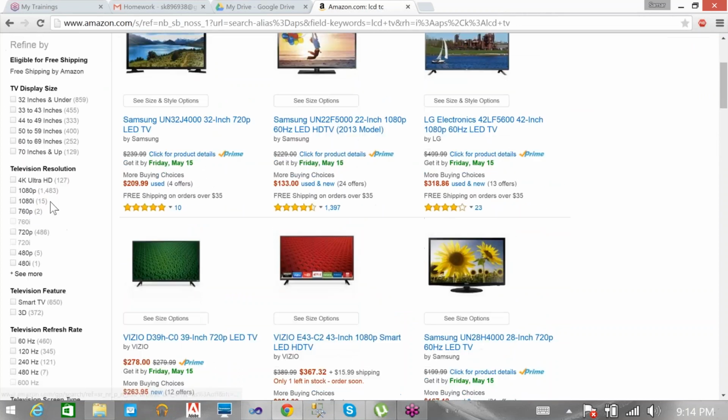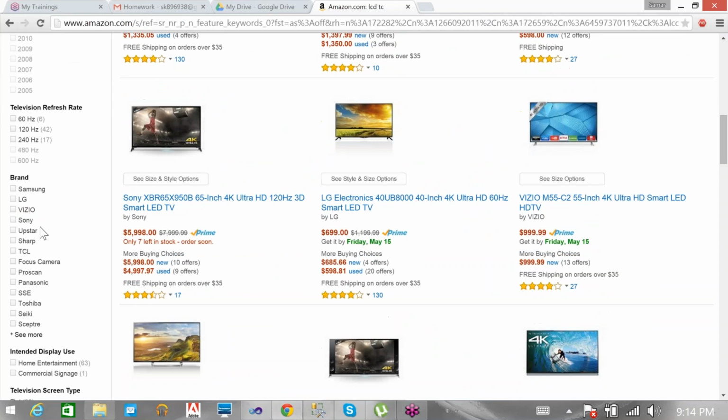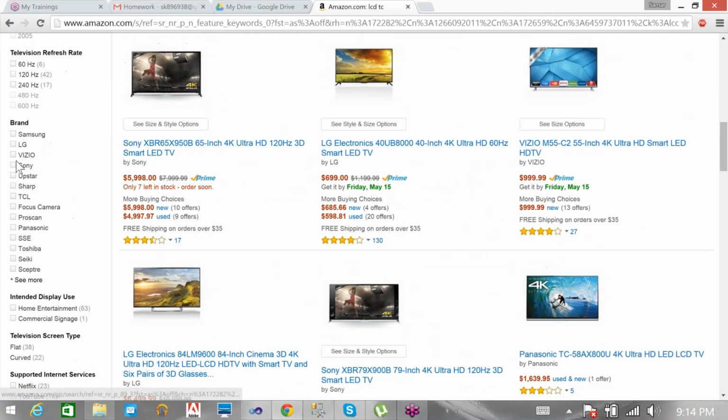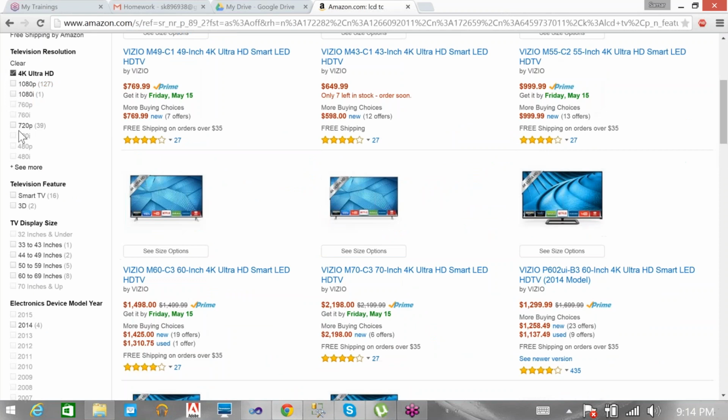But if I select 4K TVs, then automatically these brands are reduced and some brands are not available here. If there are no 4K TVs in Vizio but Vizio is still displaying here, then Amazon is misguiding me, and I need to randomly select whatever. See, where the Vizio 760p is not available, this is automatically disabled.